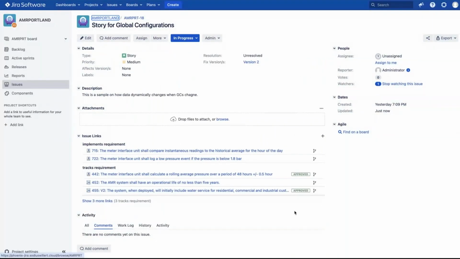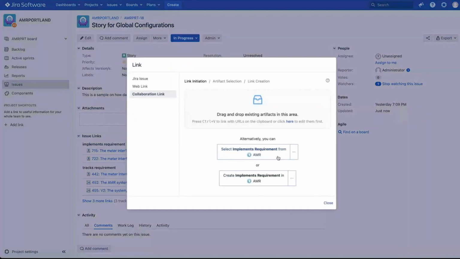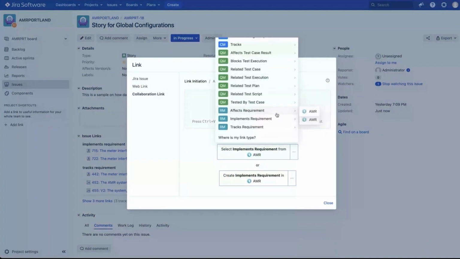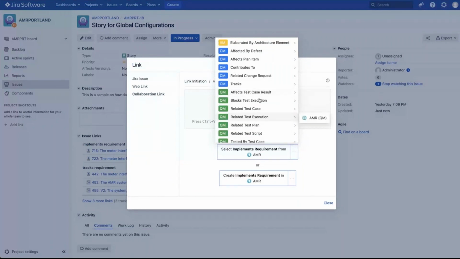You'll also see when we go to create links here, we have lots of different options. So these are all the different link types that we can create. You'll see links to Doors Next, links to Quality Manager, and links to, this is EWM, this is actually a Windchill change as well. And we have some other items to Windchill up here. So we can create lots of different linkage relationships, have access to those, present those, and give lots of